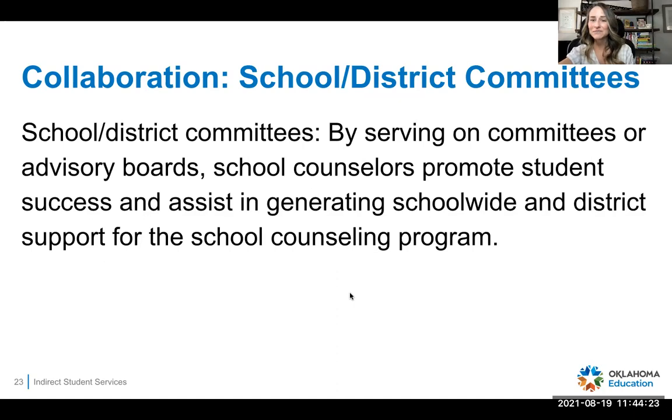School and district committees. So we know as leaders, again, that's another theme of school counseling, it's important to serve on committees. Now, I'm not telling you to sign up for every committee ever, because that's not good self-care, but serving on committees or advisory boards can really help promote student success. It can generate school-wide and district support for your school counseling program, and it can really help define what your role is